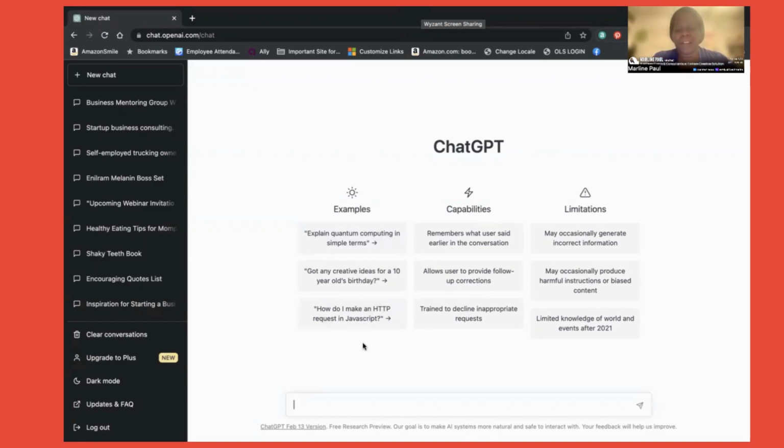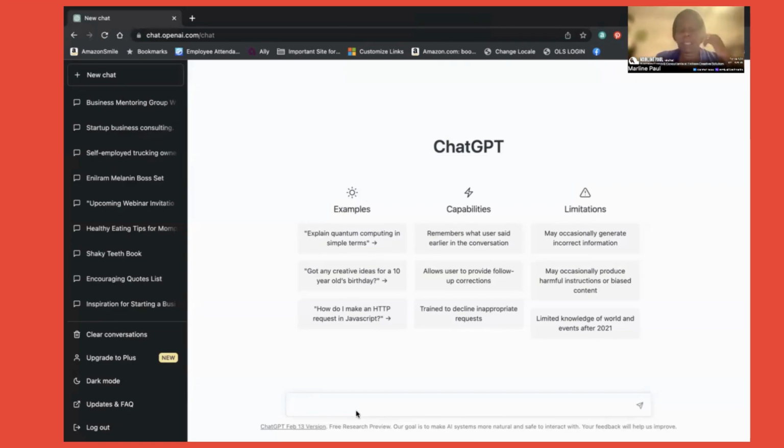So let's say I'm trying to create something, like a newsletter about confidence, or a post or social media post. I'm going to work through the process of how to do it. I love ChatGPT, despite people saying they don't like it. I like it, because you just need to know how to input the correct things in there.